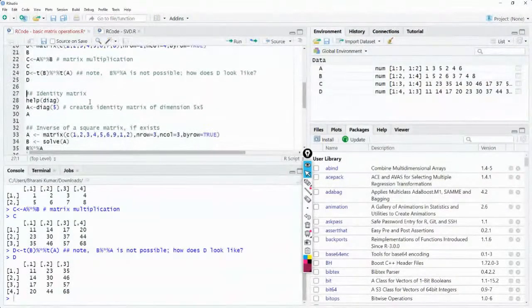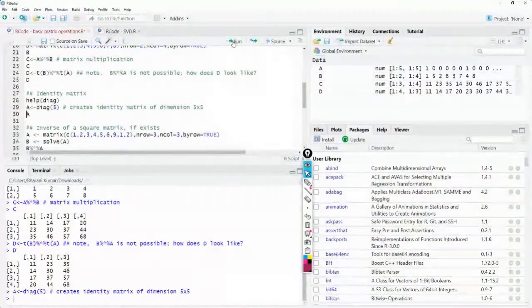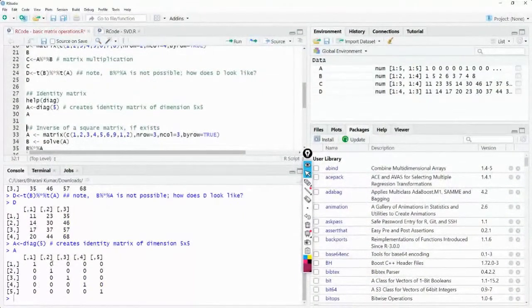Then we have identity matrix. You can just do help of diagonal and then you get to see. When you just say diagonal of 5, and if you're assigning that to an object called A, there we go. So when you do this, you have 1, 2, 3, 4, 5 numbers. And then you have A. You're assigning it to an object called A. When you say A, you get all these numbers. Then